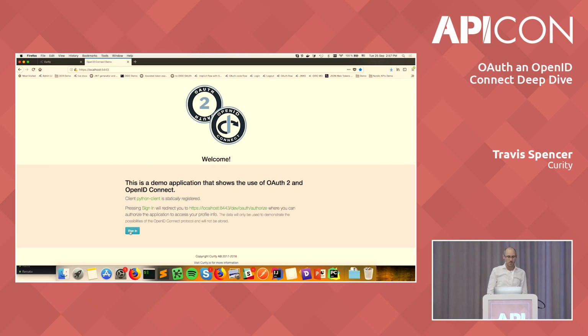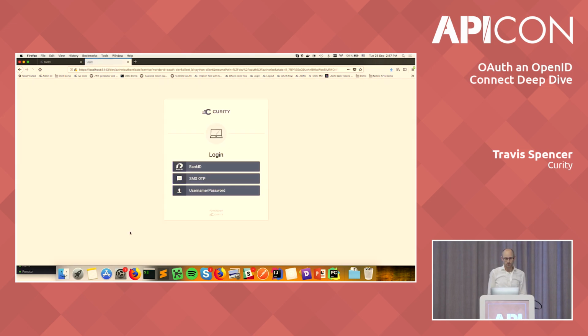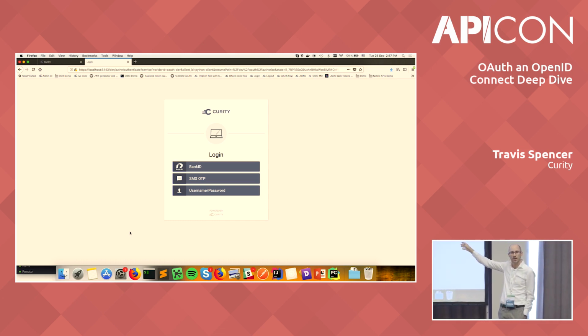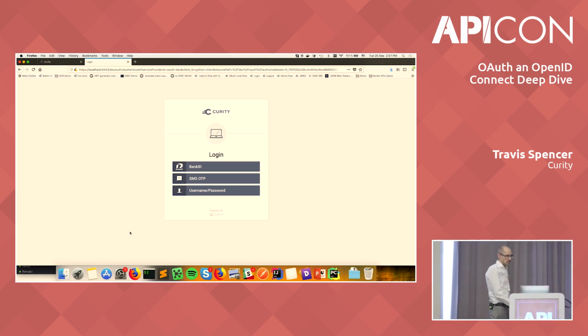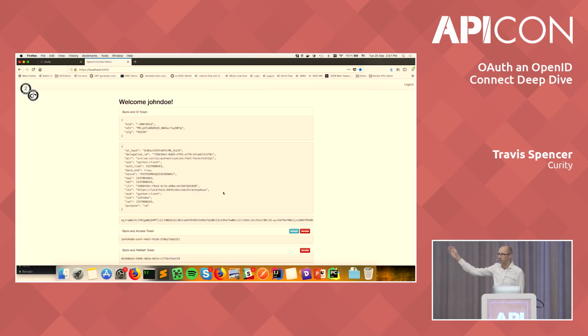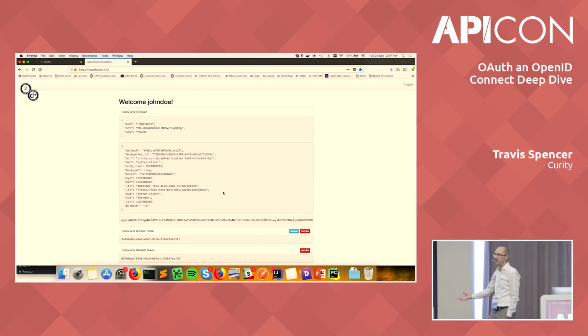So what I do here is remember I said the first thing the user sees is a sign up, a login, a get started button. So I click on this and now I'm redirected to my OAuth server. And my OAuth server, not surprisingly, is the one that we provide, but this is what it's doing now is saying how do you want to log in? Because I've configured mine to allow for different login methods. And so I'll click this button, select username, password, and my password manager has remembered my username, so it's even pre-filled, which is nice. But now I log in, and now the OAuth server responds back to the client and